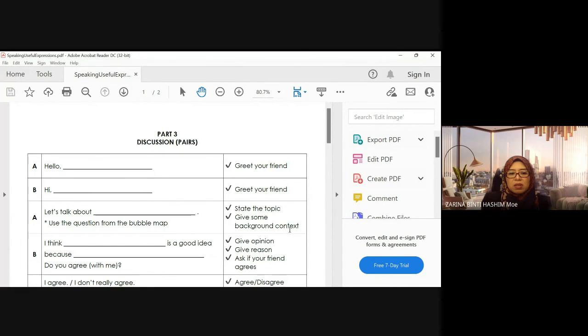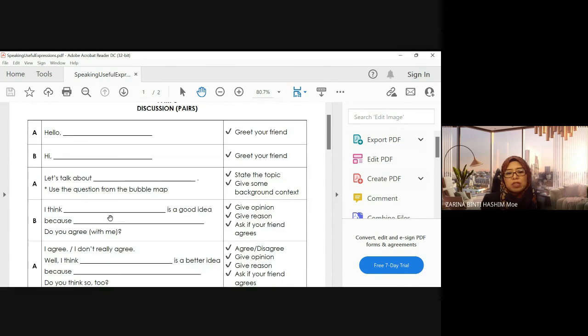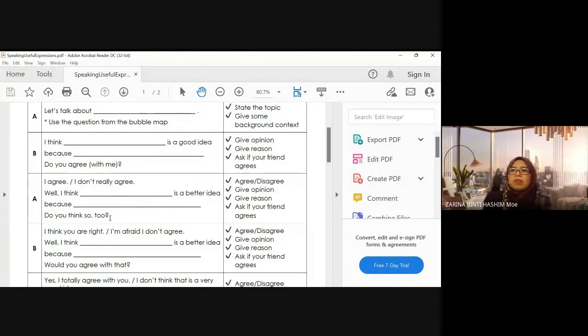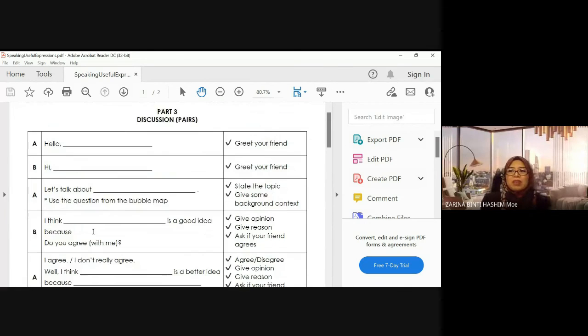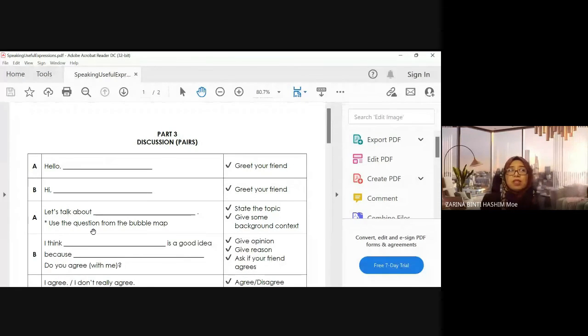So these are sample expressions that you can use with your partner, A and B. A means candidate A, B means candidate B. When you want to start discussing your topic for part 3, you can make use of all these useful expressions. So when we do the speaking, from the question that I gave that day, I want you to apply these expressions in your part 3 with your partner, using the topic that I gave that day. I think I gave you 2 practices, so you can choose any of the practices.